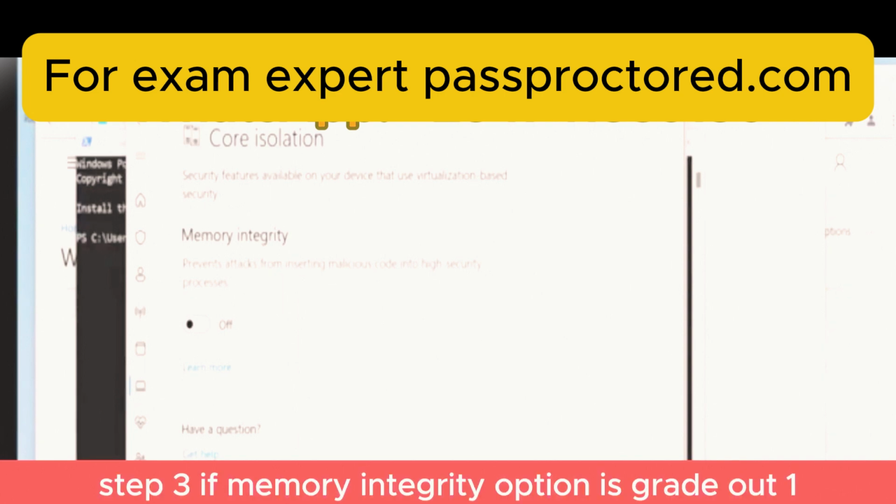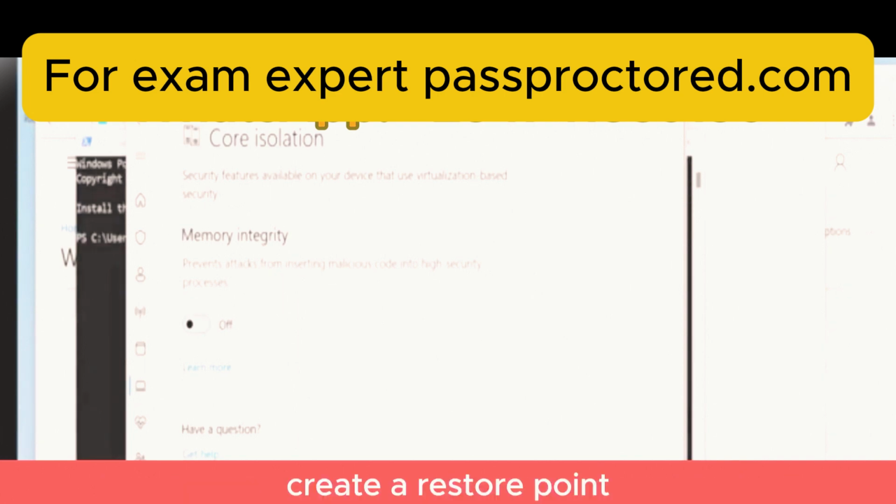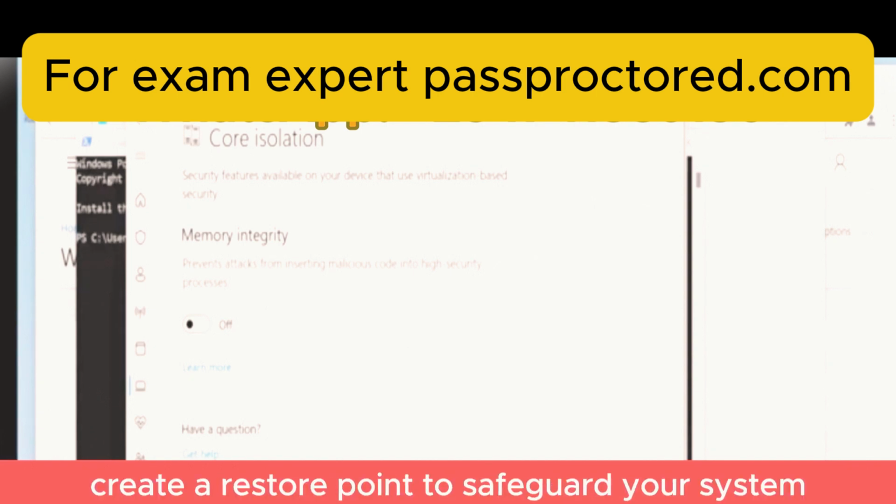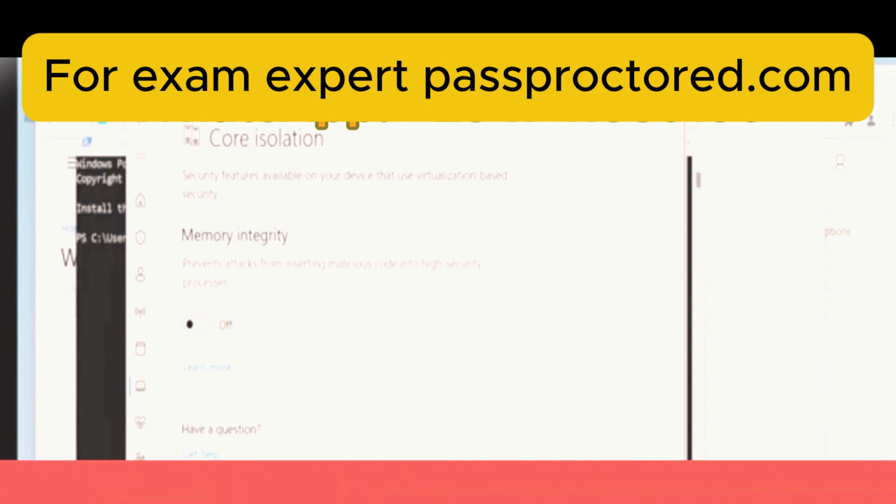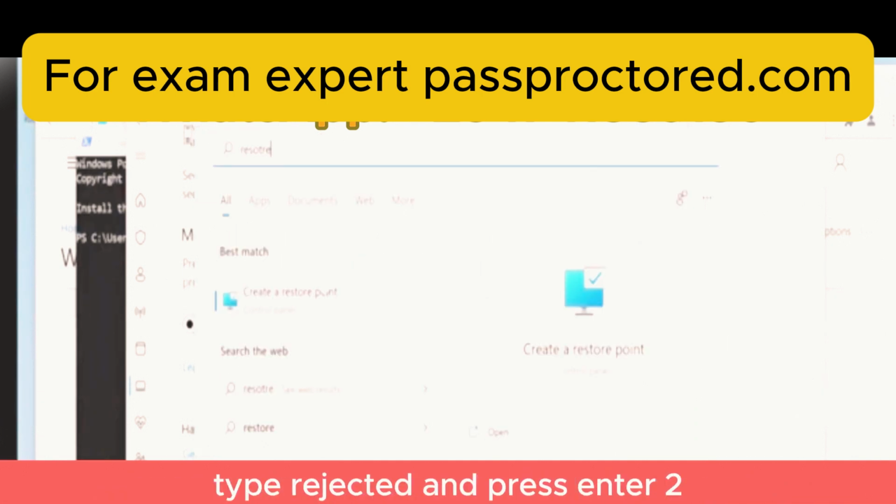Step 3. If the memory integrity option is grayed out, 1. Create a restore point. Before making further changes, create a restore point to safeguard your system. 2. Type Regedit and press Enter. 2. Navigate to the key. Go to